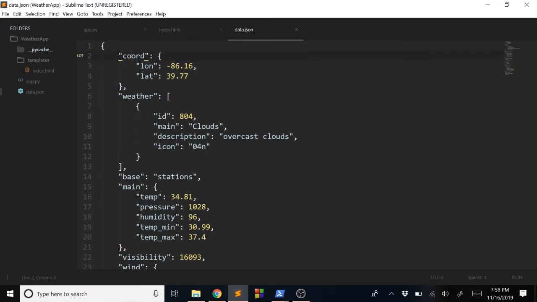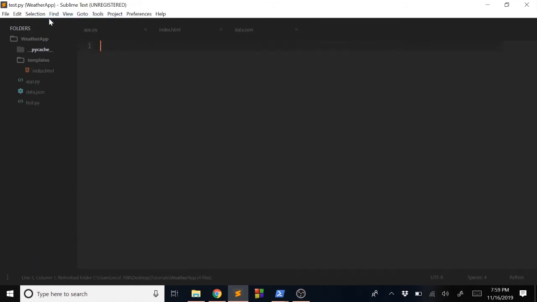Now to do this, we need to use a few different libraries in Python, and I'm going to go ahead and create a new file here. Call it test.py just to demonstrate this before we put it into our application. Now the first thing we need to do is import two libraries. So import requests and import json. If you don't already have these libraries, you need to install them with pip again, like we did with Flask earlier. We'll hard code in our values, our form data,